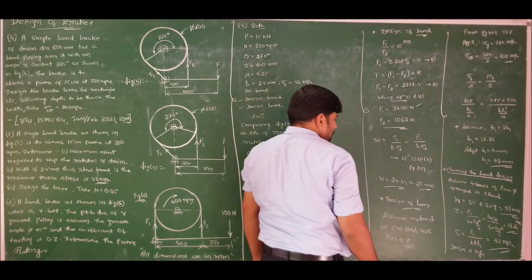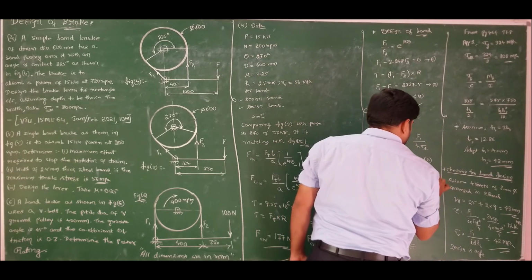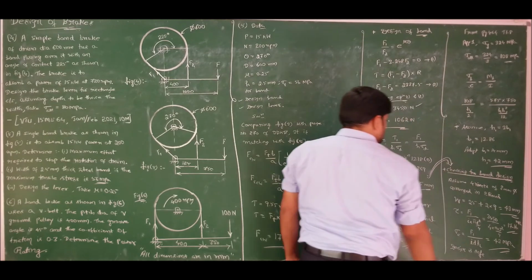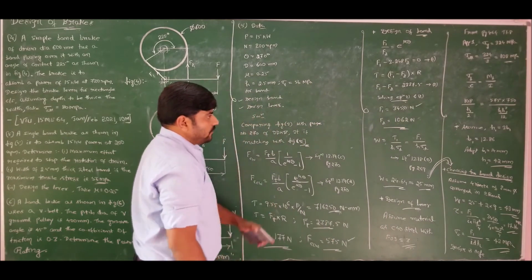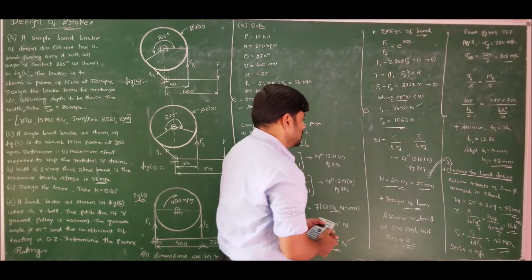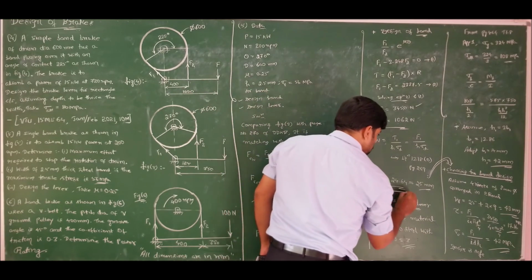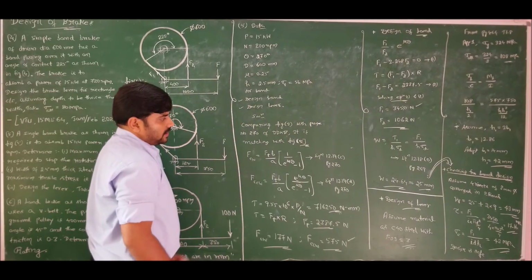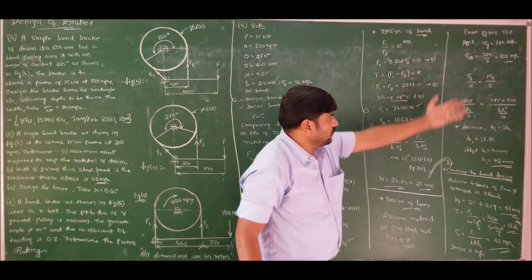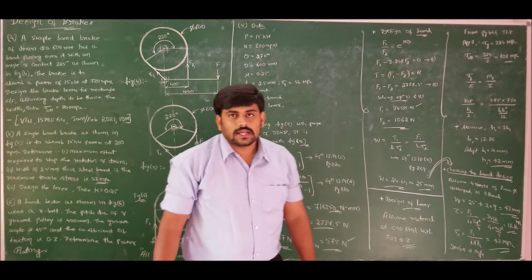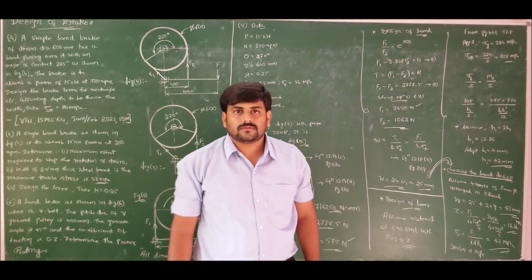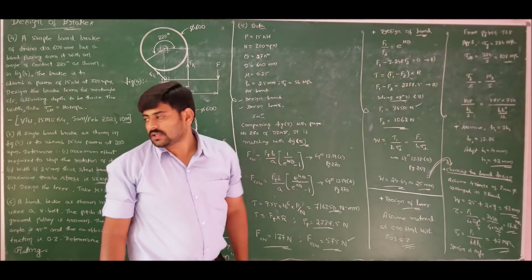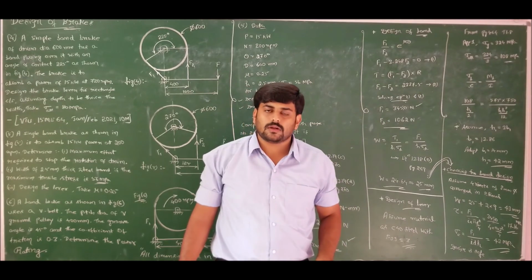Safe for band. If you want, you can continue here itself. After checking for band design, you can go for design of lever. So this is the procedure to be followed for design of lever, which we have clearly learned in our problem 4 itself. Let me pause this video for a while so that you can copy it down. Later we will solve the final problem of today's lecture, that is problem number 6.